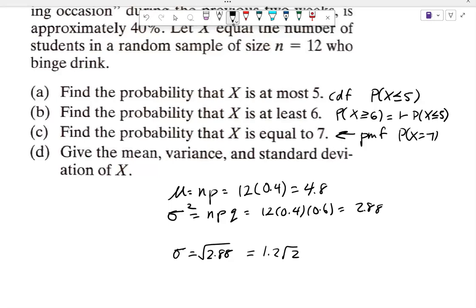So the square root of 2 is about 1.4. If I want to multiply 12 and 14 together, we get 168. So it's about 1.68. Yeah. So see, I was going to guess it should be a little bit bigger than 1.68 because the square root of 2 is 1.414 and change. So